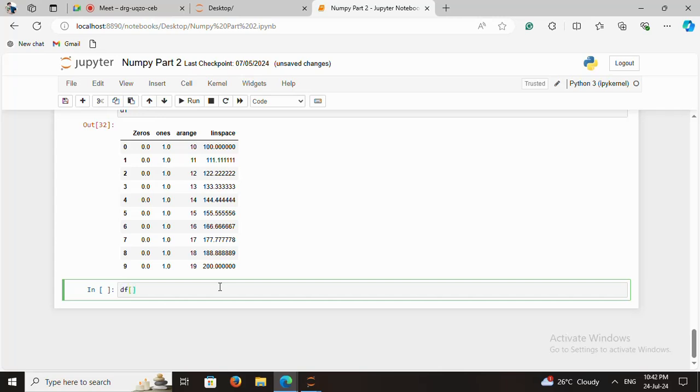So suppose I want to add a column here, I just need to pass a column name. Suppose I add machine learning. And I need to pass 10 values here, because as I already mentioned, the length of the column is 10, so I need to pass 10 values. I can pass here 1, 2, 3,